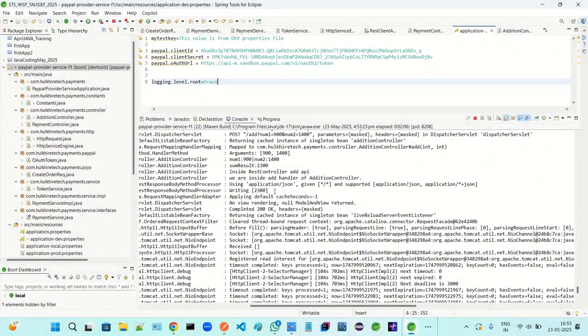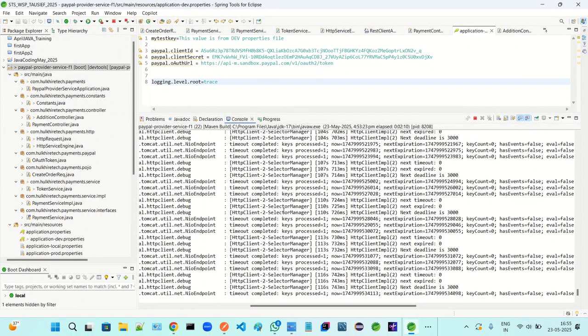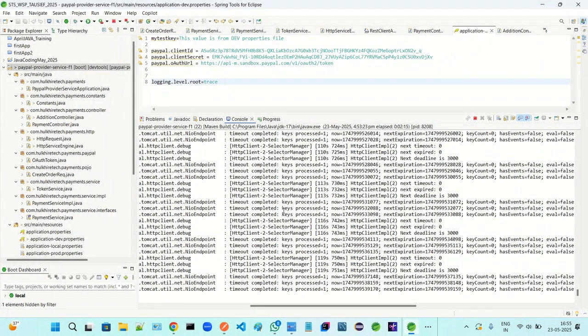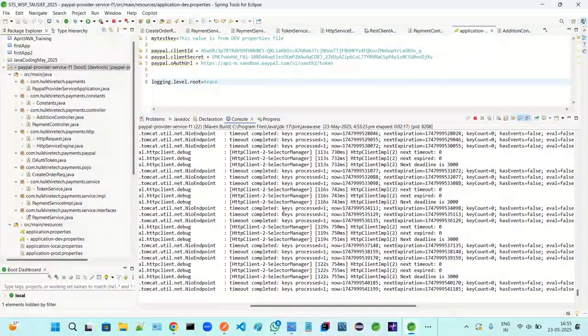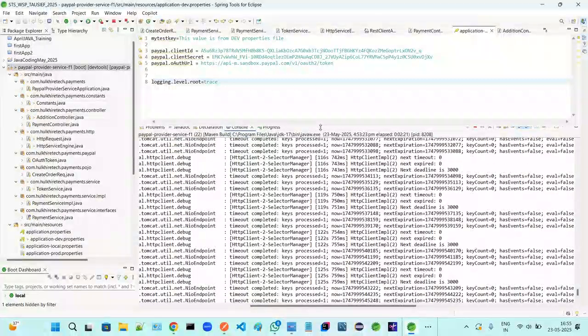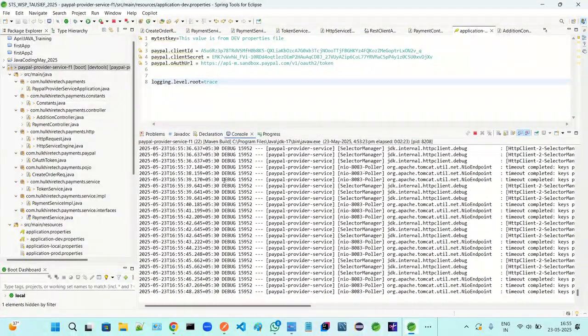Now it will keep on running, 2300. The next deadline is 3000. This it will keep coming. So this is nothing but the logging concept. Since Spring Boot is a very powerful framework,